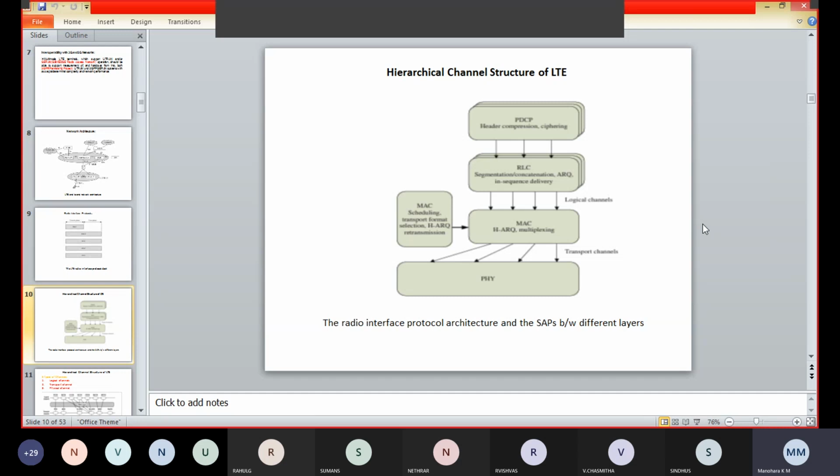So the last one is the paging channel, which is associated with the PCCH logical channel. So here it is mapped to dynamically allocated physical resources, and it is required for broadcast over the entire cell coverage area. And it is transmitted on the physical downlink shared channel, that is PDSCH, and supports user equipment discontinuous reception. So these are the four downlink transport channels.